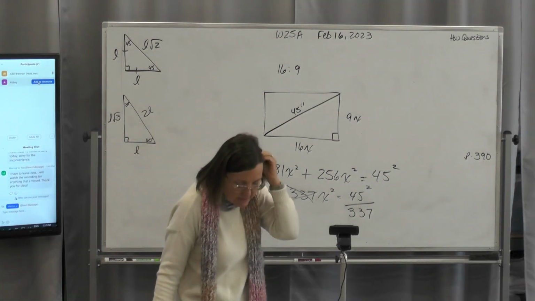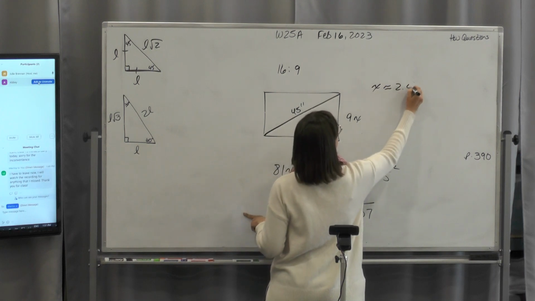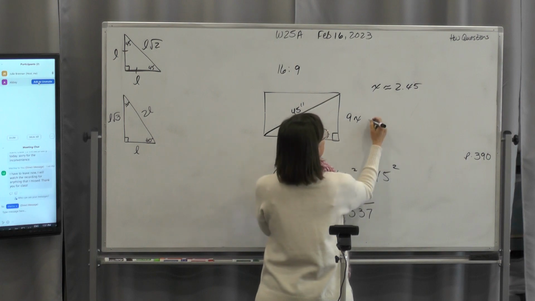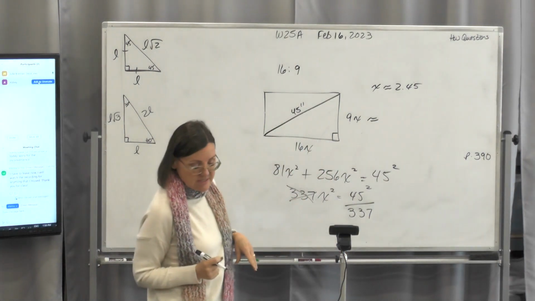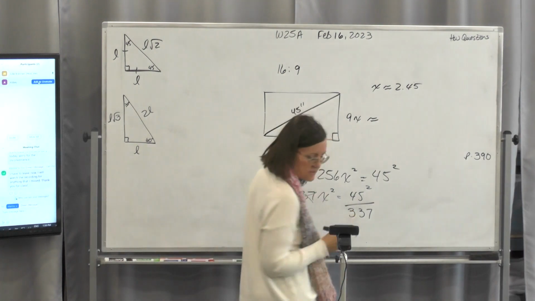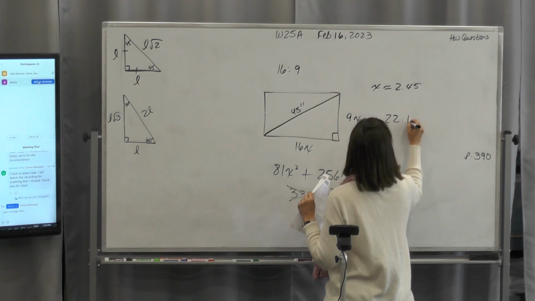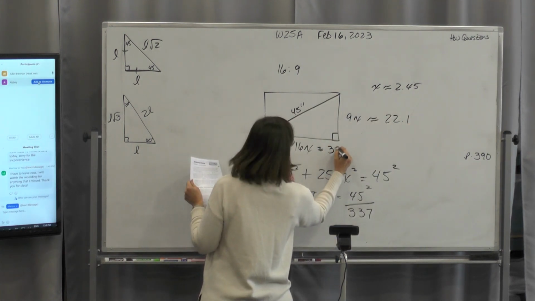So if x is about 2.45, then 9 times that would give me a dimension. What would it be? That's why these are not going to be standard inches. About 22. Is that right? Yep, that's about what I got. I think I even got 22.1, and this would be about